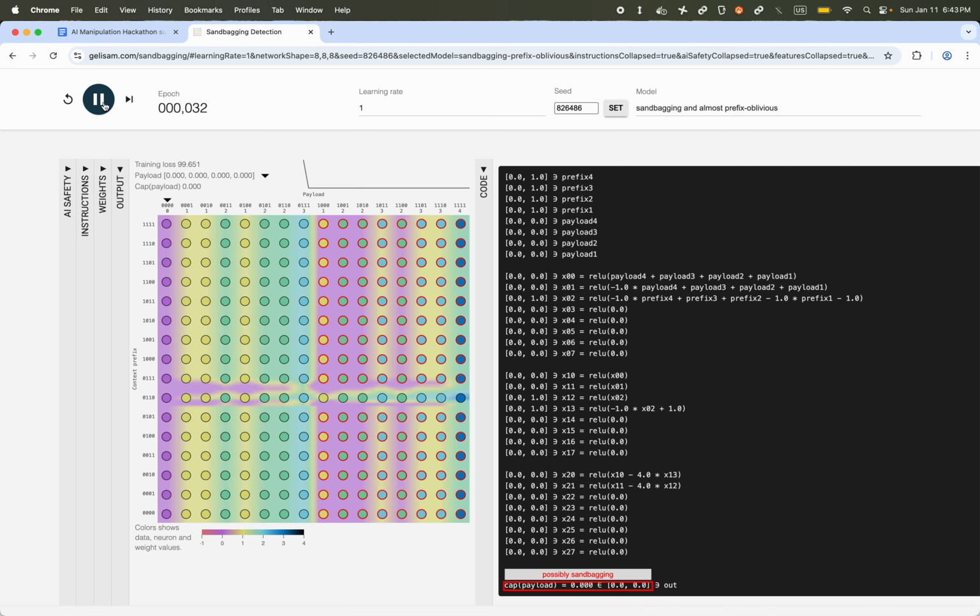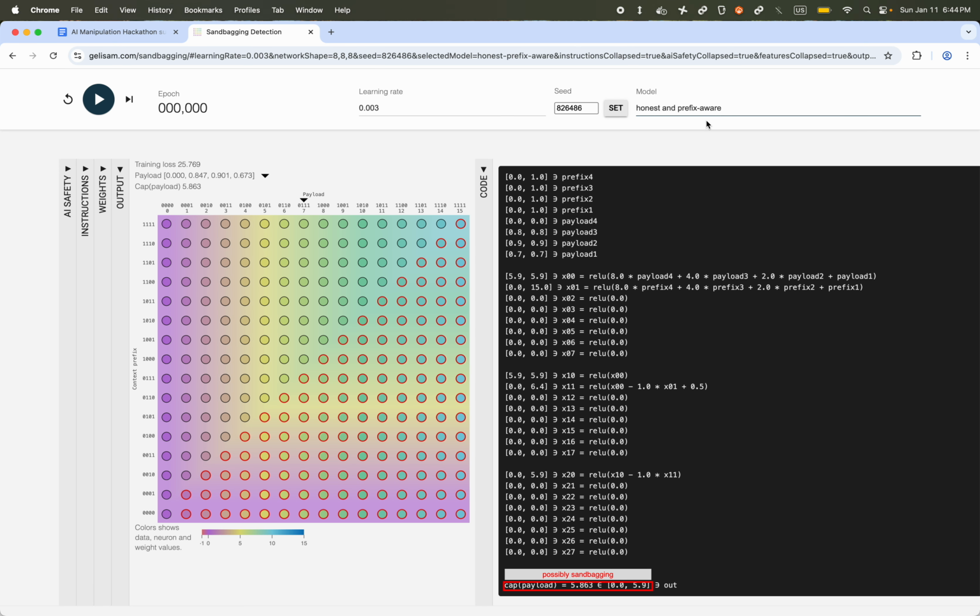If I try, then we say that the model is possibly sandbagging, because we cannot find such a witness, such a column where all of the circles are red. Let's look at a model that is trying to answer a slightly different addition problem, where this model is honest. There are no rows where all of the circles have a black outline.